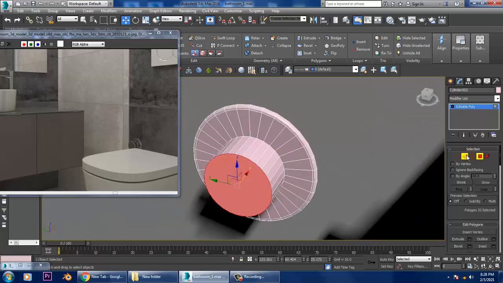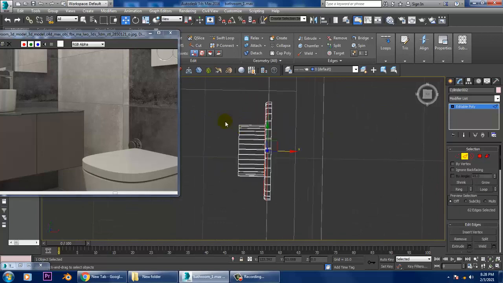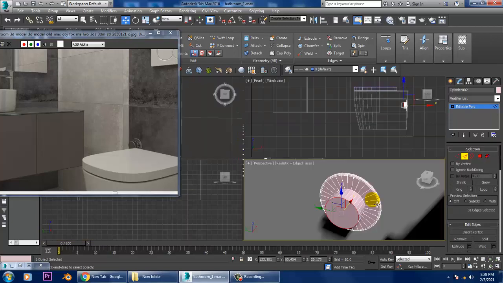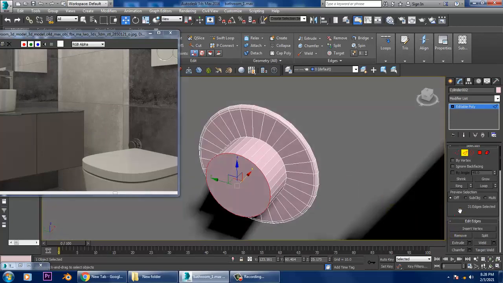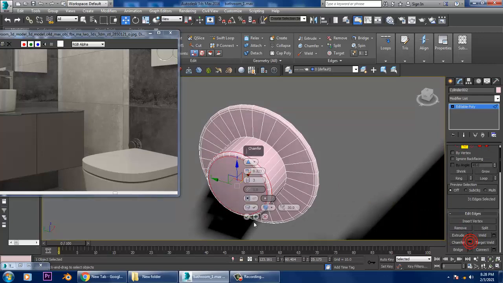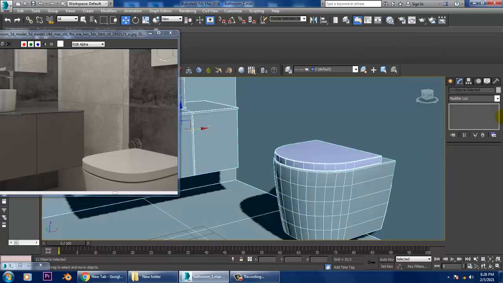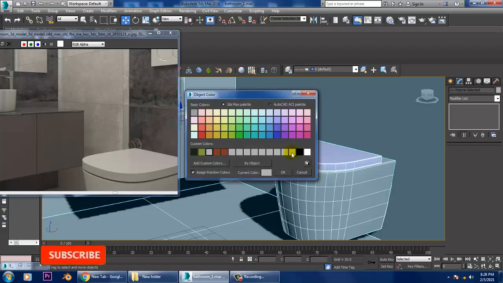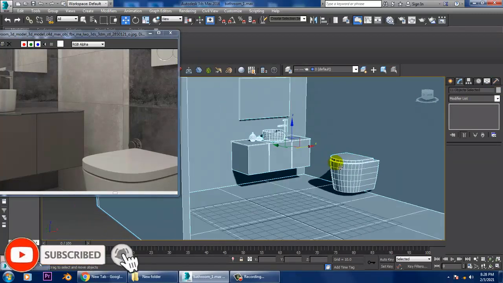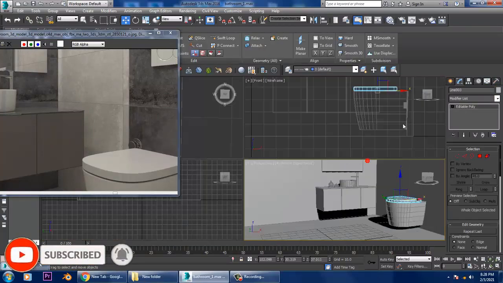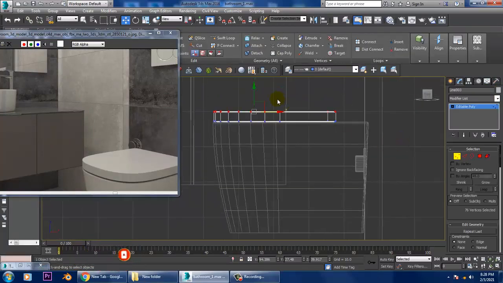So select the edge, let's go to the top, let's give chamfer and click OK. That's it. So we can just select this stuff and slightly I can just push this a bit up.